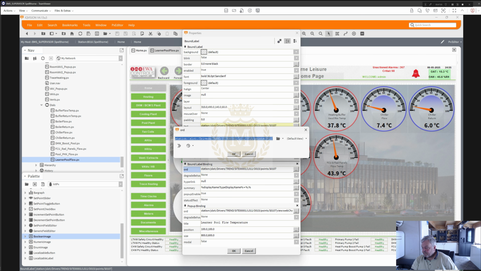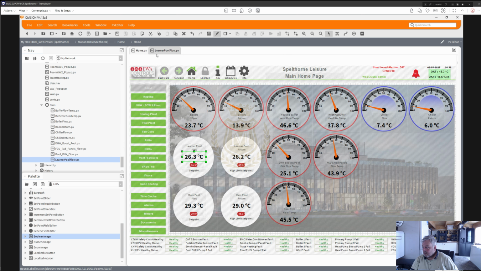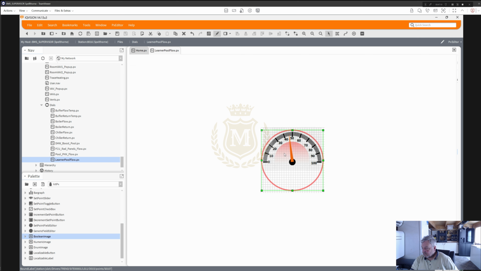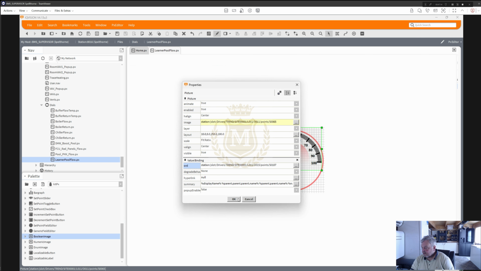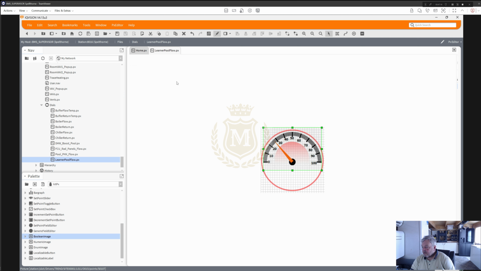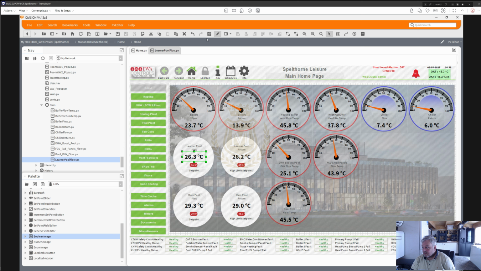Control key C. Go back to that. Control key V. And let's see what that looks like. Come out of edit mode. I'm going to have to bring